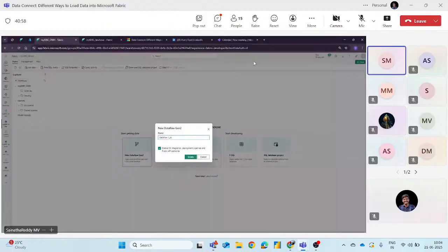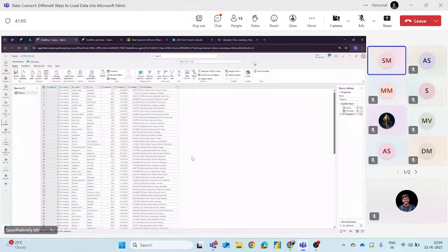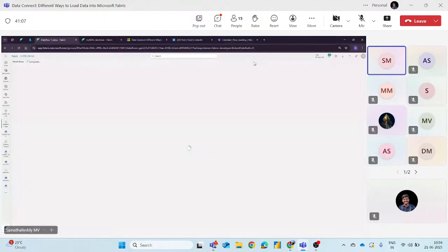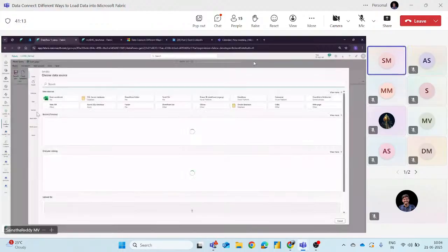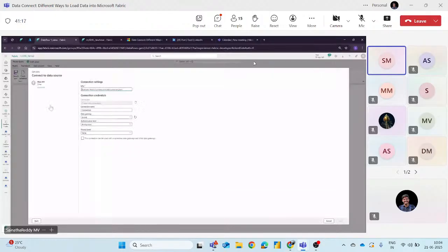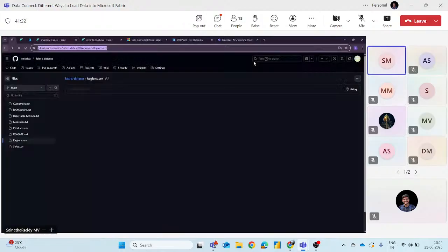So I'm taking one more source, creating a Dataflow Gen2 to get data related to sales. More options. We'll go with web API again. I'm taking my GitHub sales related data.